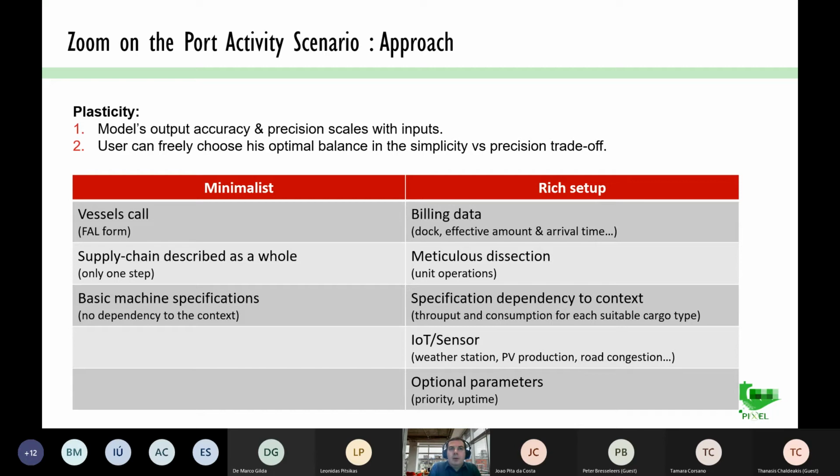Having this, when you have described your supply chain, you just have to do this one time, and then you can run the PAS model in a quite automatic way using the PIXEL platform, knowing, for example, every week or every month, what are the consumptions the ports have made